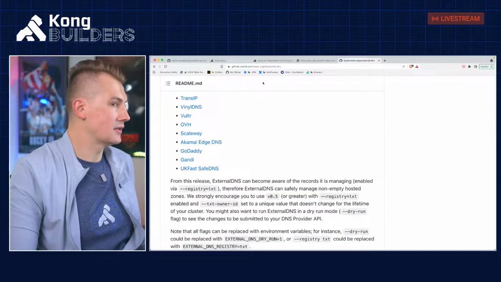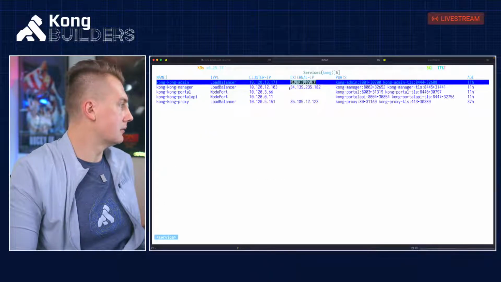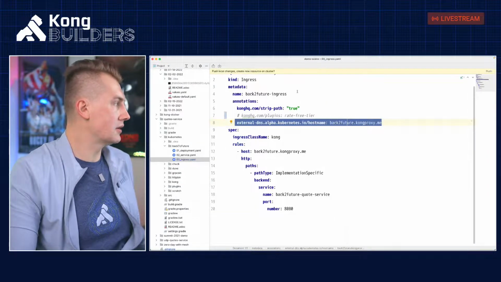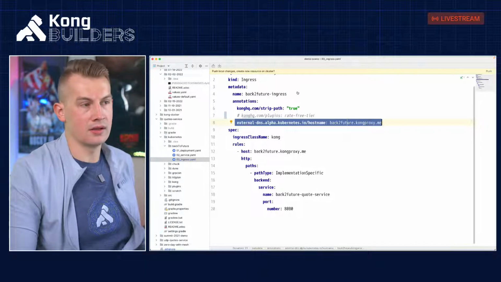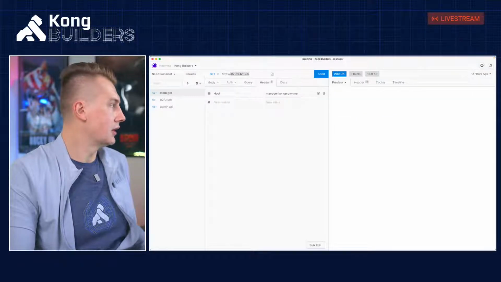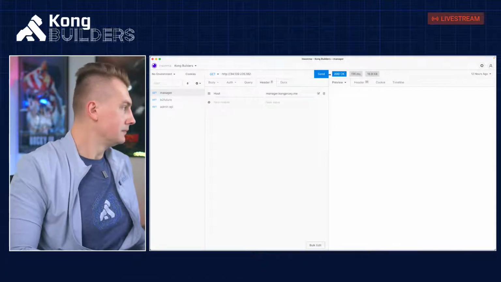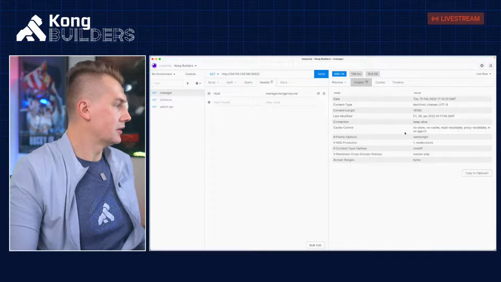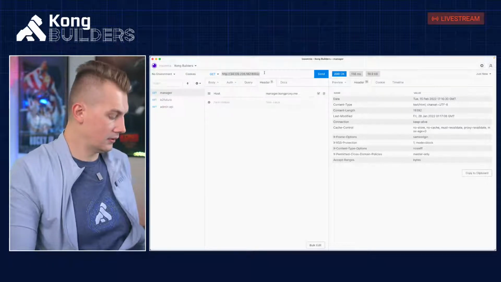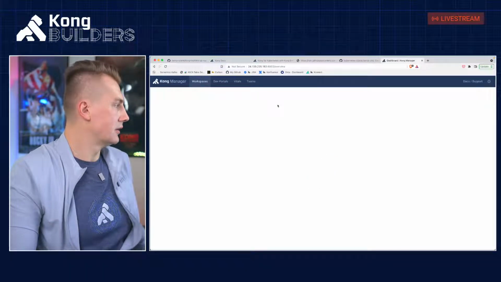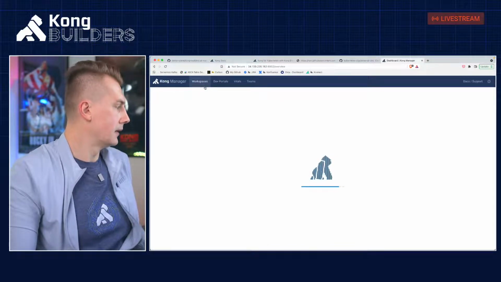Quonk manager is available on here. Plus, it creates an additional load balancer resource, and maybe some cloud providers will charge you for an additional load balancer provisioned. Let's see if we have a conf manager. Yeah, conf manager is up and running. So if I go in and just do this in the browser, we will have conf manager up and running. Well, it's running, but not really up.